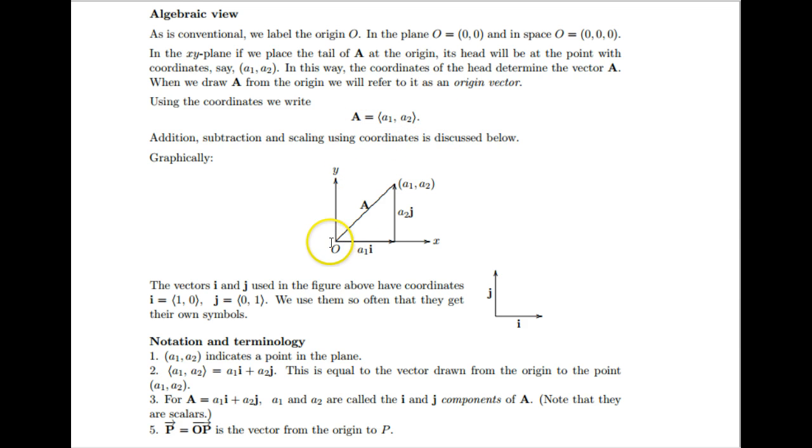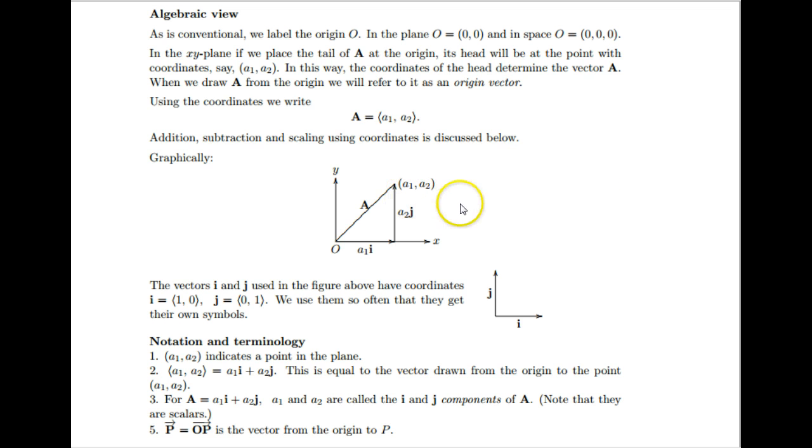We can add together the vectors A1 times I in this direction and A2 times J in that direction, and we'll always get A. So we can write A as A1, A2 whenever the origin vector A has its head at the coordinates A1,